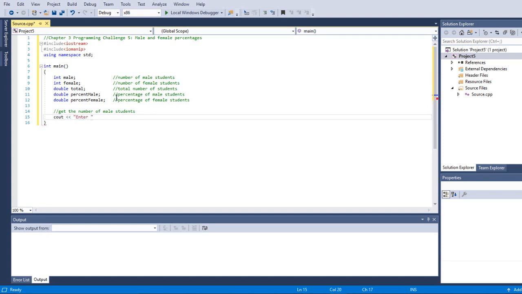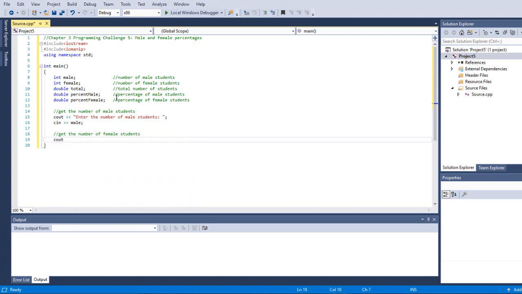So enter the number of male students, and then I have a cin, which will be my male variable. Then I'll do the same thing for female. So get the number of female students,